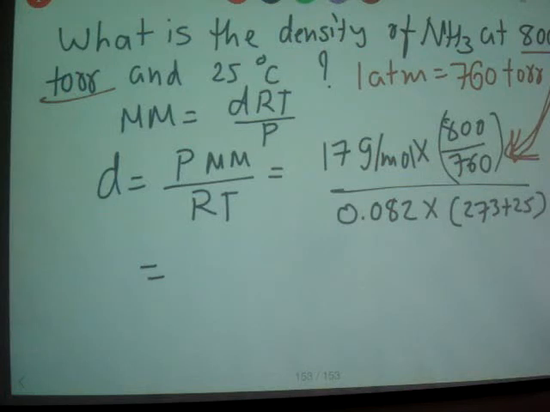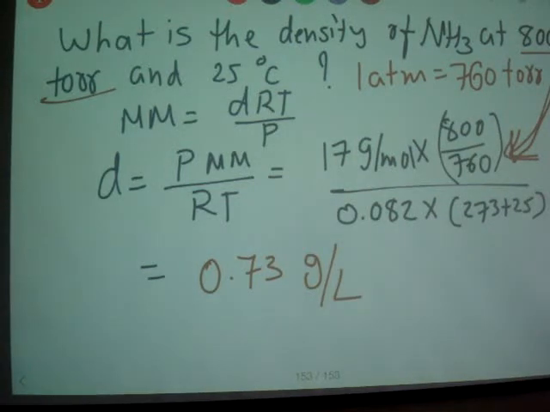Alright, so when you do that, you get a density of 0.73 grams per liter. So you can calculate